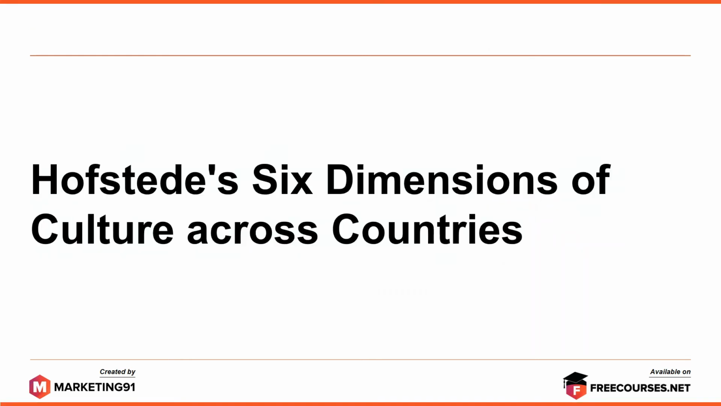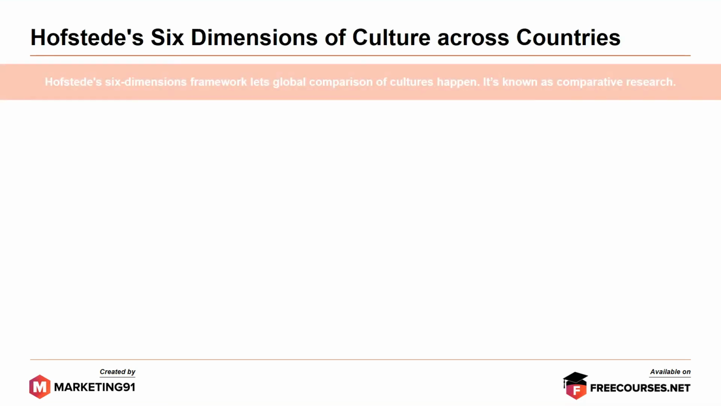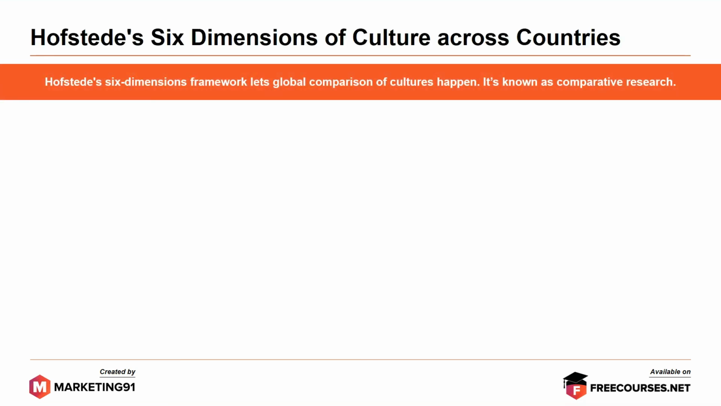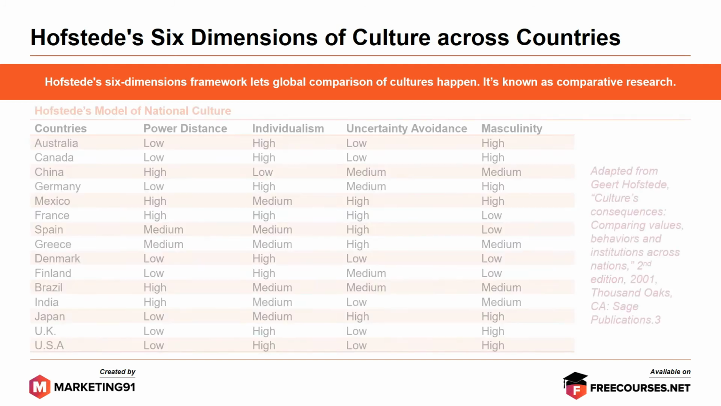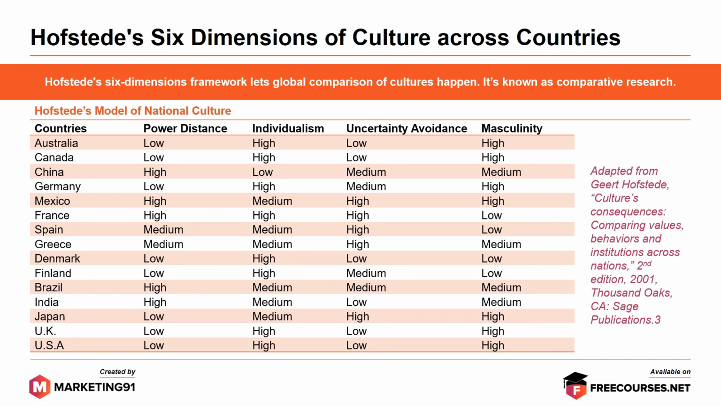And finally, Hofstede's 6 dimensions of culture across countries. Hofstede's 6 dimensions framework lets global comparisons of culture happen. It is known as comparative research. As we briefly look at the table here, countries that score high on power distance are China, Mexico, France, India, and Brazil. When it comes to individualism, countries which score high on this dimension are Australia, Canada, Germany, France, Denmark,